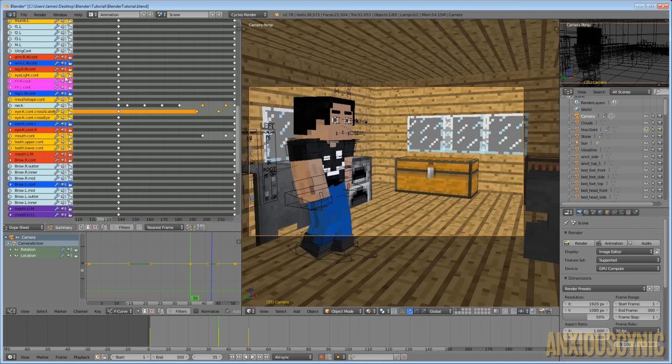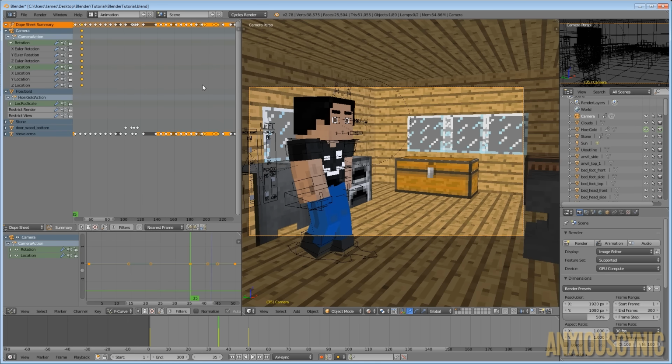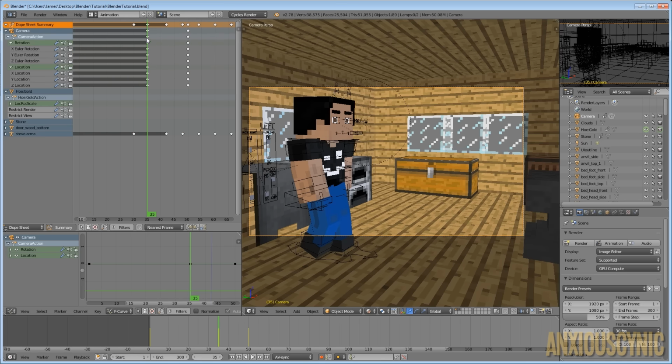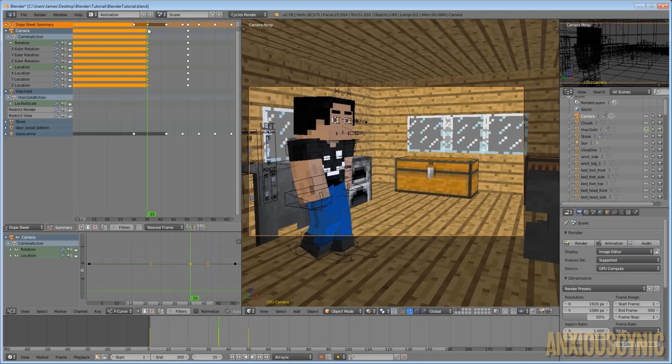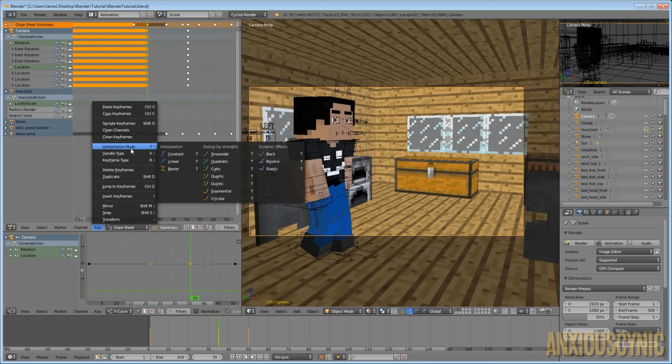So on this keyframe here, if we go into our dope sheet, let me collapse this, and we're going to find the camera action for the camera here, and we've got location and rotation, and there's our keyframes right there. Let's deselect those, and I want to select this first one here, so I'm going to click on it, and you can see that those are all highlighted. I'm going to hit the T key. Alternatively, you can grab with the middle mouse wheel by clicking in on it, come down here to the keys and go to interpolation mode, and that's the same menu, and we're going to change it to constant.